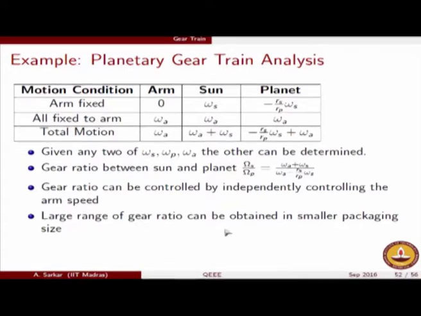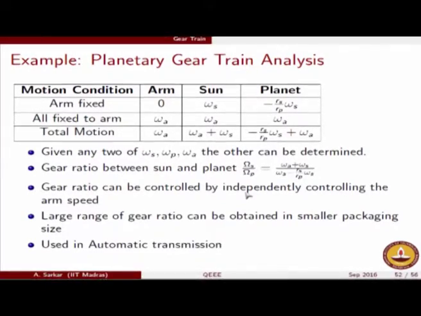And the way it works there is that, depending upon which component is getting fixed, you will have a different gear ratio. I will invite you to actually see some of those animations on YouTube or other such sites and grow an insight as to how this offers a definite advantage in terms of specifying different gear ratios by simply fixing different components of your gear train. Okay, so unfortunately it is not possible to show all those animations right here within the constraints of time.